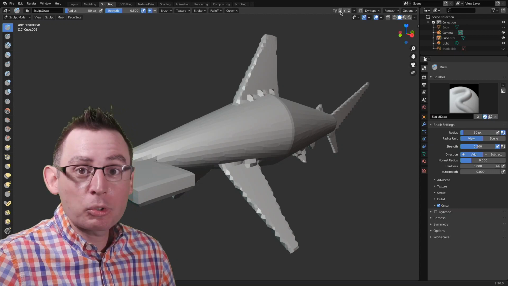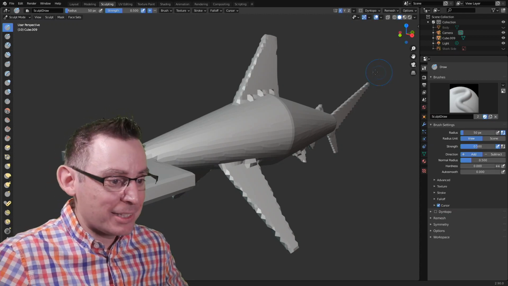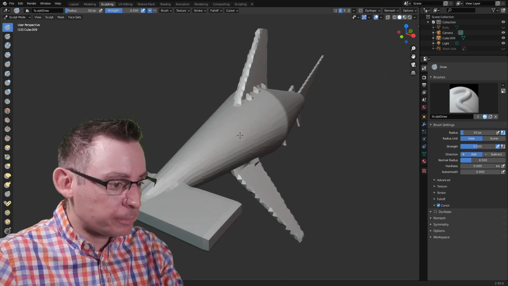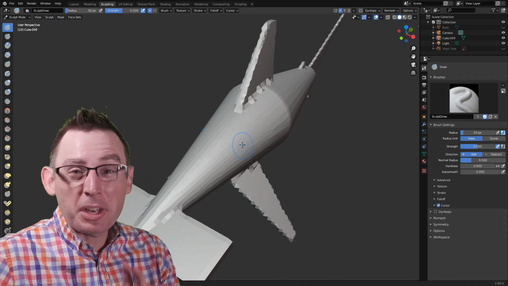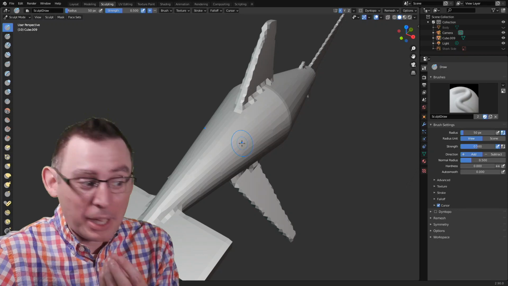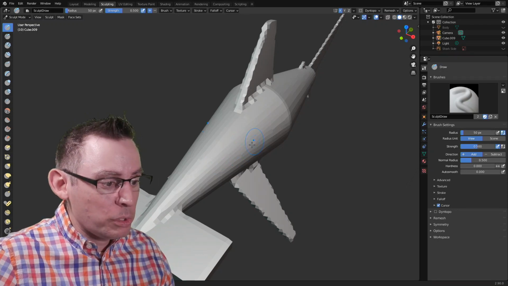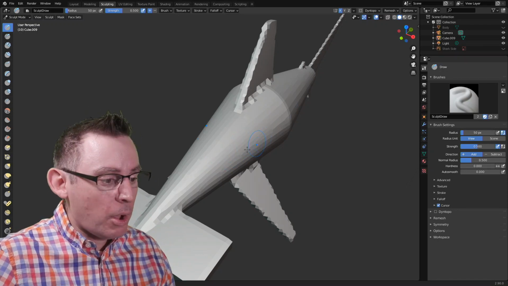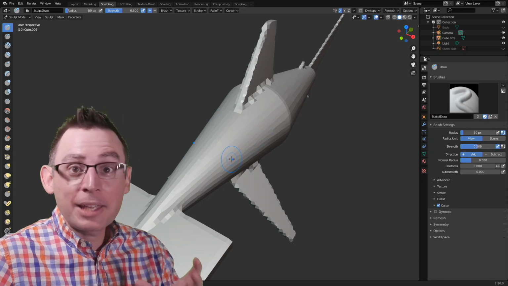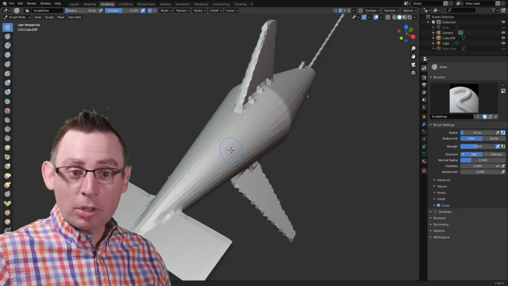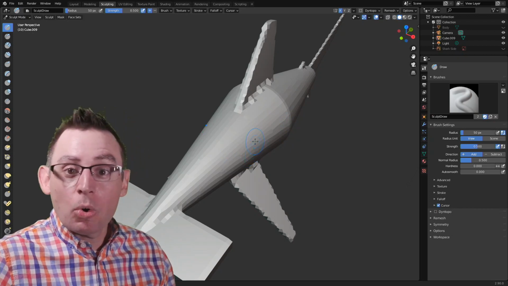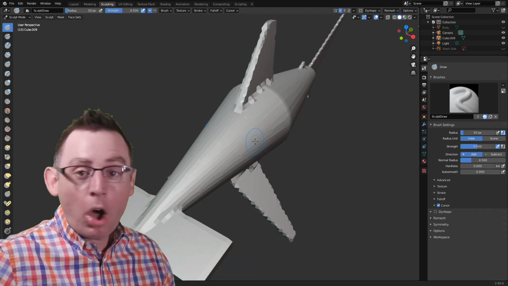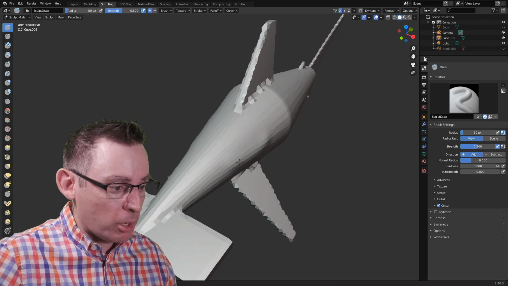So I'm going to turn symmetry on the X axis. So if you look carefully inside my viewport, the good little double check, and I know that it's hard to see on your screen because it's a light blue, is these two little blue dots that appear on the mesh itself. And that's telling me that the symmetry engine is on. It recognizes the mesh as being symmetric. And then whatever I do on one side of the mesh is going to automatically be done on the other side. Let me show you what I'm talking about here.